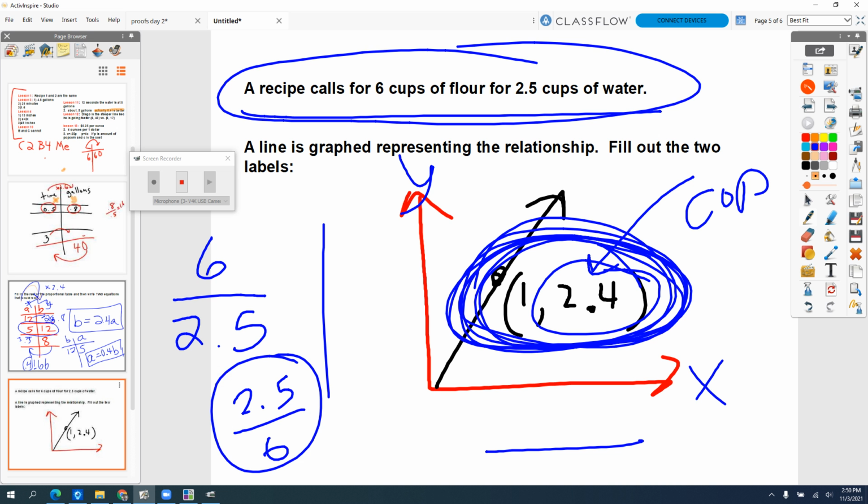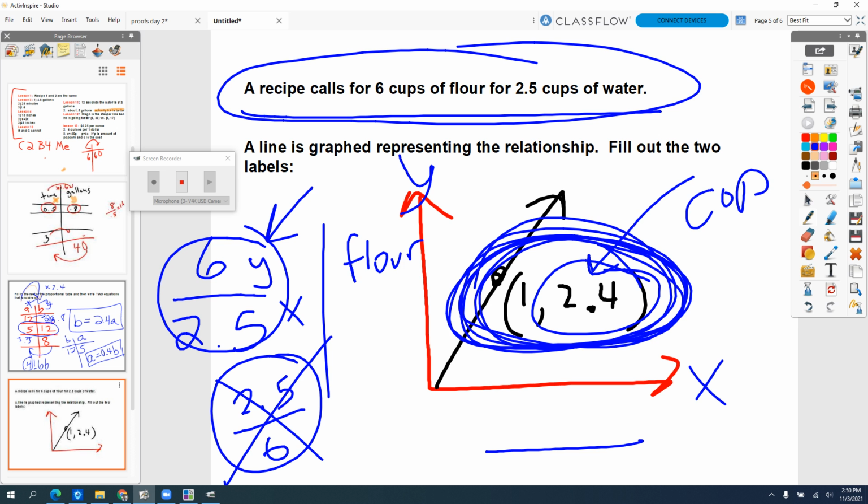So hopefully right now you realize that the only way to get 2.4 is if you do this division problem right here. That is the y divided by the x. So the 6 is the y. So that means up here is the flour, the cups of flour. And I know that because it's always y divided by x. And the x is the cups of water. So this would mean that if you had 1 cup of water, you would have to use 2.4 cups of